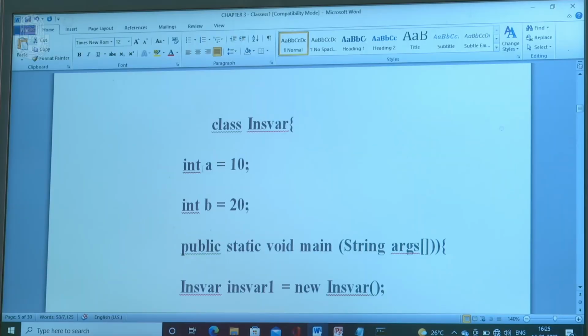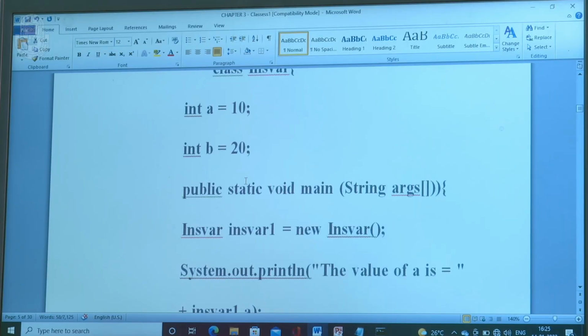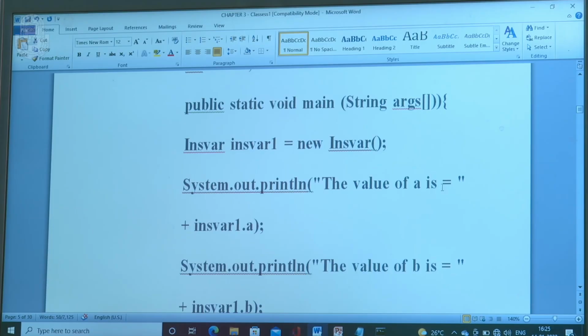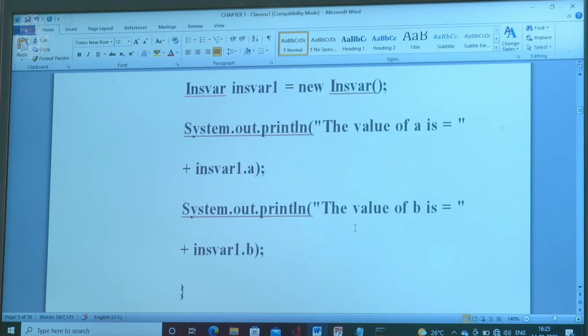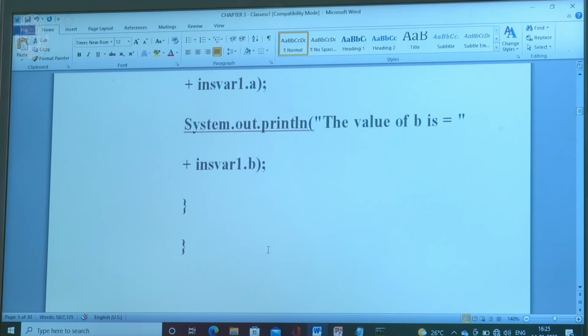Open a new file in the editor and type the following code. class insvar { int a = 10, b = 20; public static void main(String args[]) { insvar ins1 = new insvar(); System.out.println("The value of a is " + ins1.a); System.out.println("The value of b is " + ins1.b);